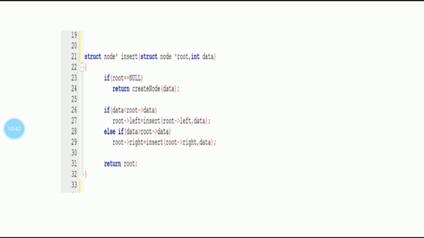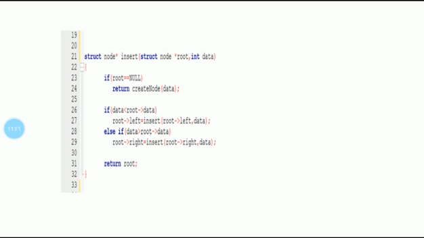Then, if the root node exists and the element we want to insert into the existing binary search tree is less than the root, then that element is going to be inserted in the left part of the binary search tree.